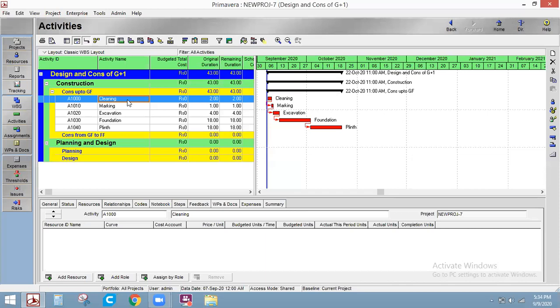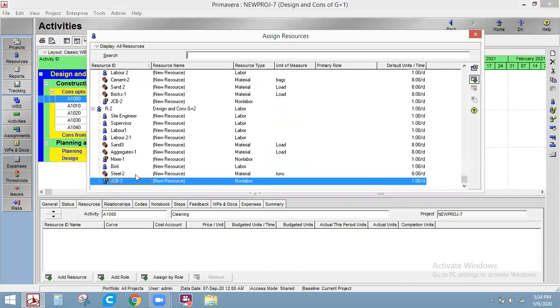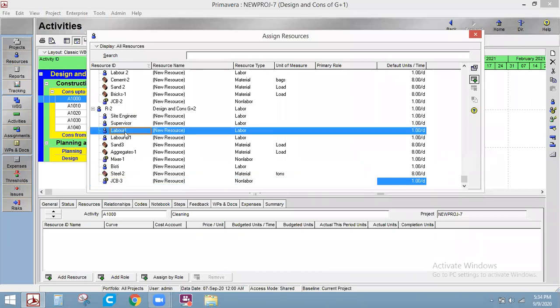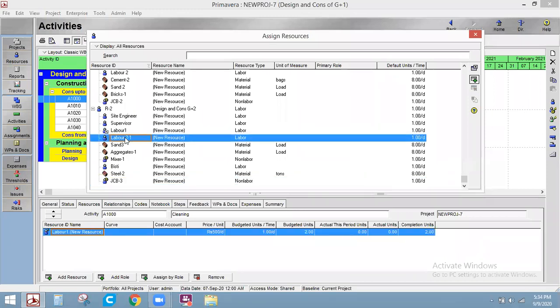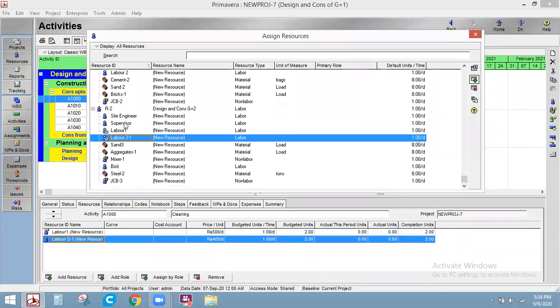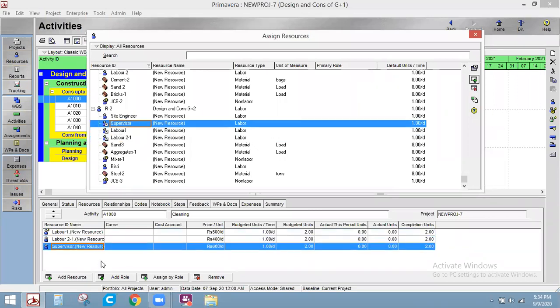Now we need to assign the resources. For the cleaning part, we will go for resources, add resource. Which are the resources that we need? We need one labor for cleaning, labor 2 for cleaning, and one supervisor for cleaning. Is it or not?